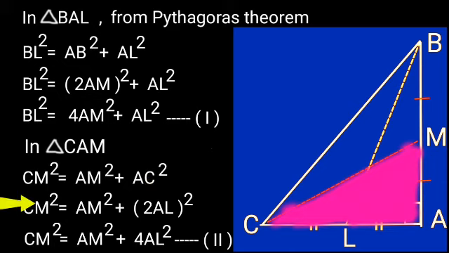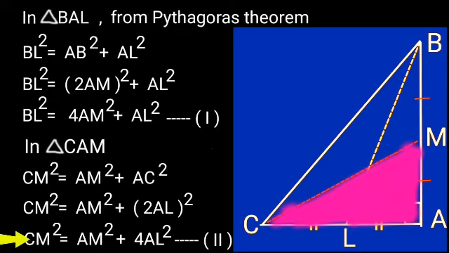Hence, instead of AC, we have right here (2AL) square. The next step, CM square is equal to AM square plus 4 times AL square. This is our